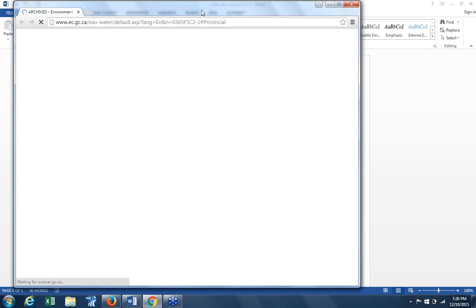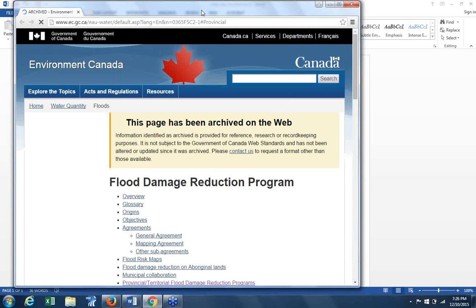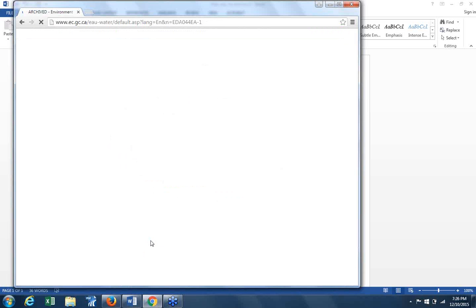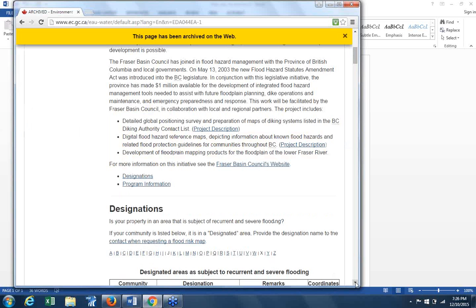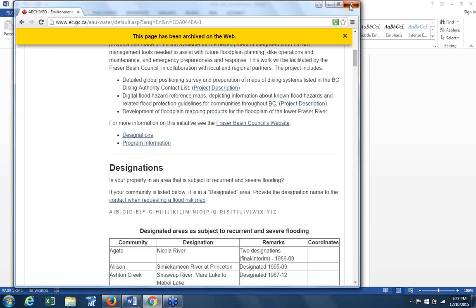I haven't done anything in Canada personally, but it looks like what you have to do is request a map. It's not as easy as it is here in the U.S. But this is the portal for it. We would scroll down, and there it is: provide the area designation to request the flood map. This is how you get in there. You'll have to go in and play around. I have not done that yet, only because I haven't done anything in Canada yet. But there's the link, and that'll get you to the Canadian flood maps.